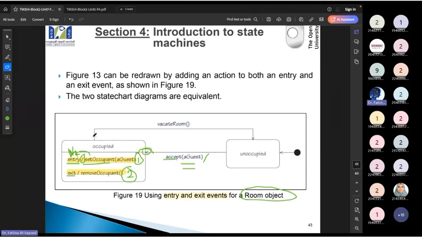طيب, whenever you exit from this status, now if I'm using another color, what are you going to do? You're going to remove the occupant. So those are operations. set the occupant و remove the occupant هم operations موجودين فين؟ موجودين في الروم. When are you going to execute them? You're going to execute set the occupant لما تدخل على حالة إن هي محجوزة, and you're going to execute remove the occupant when you exit from the status. Okay.